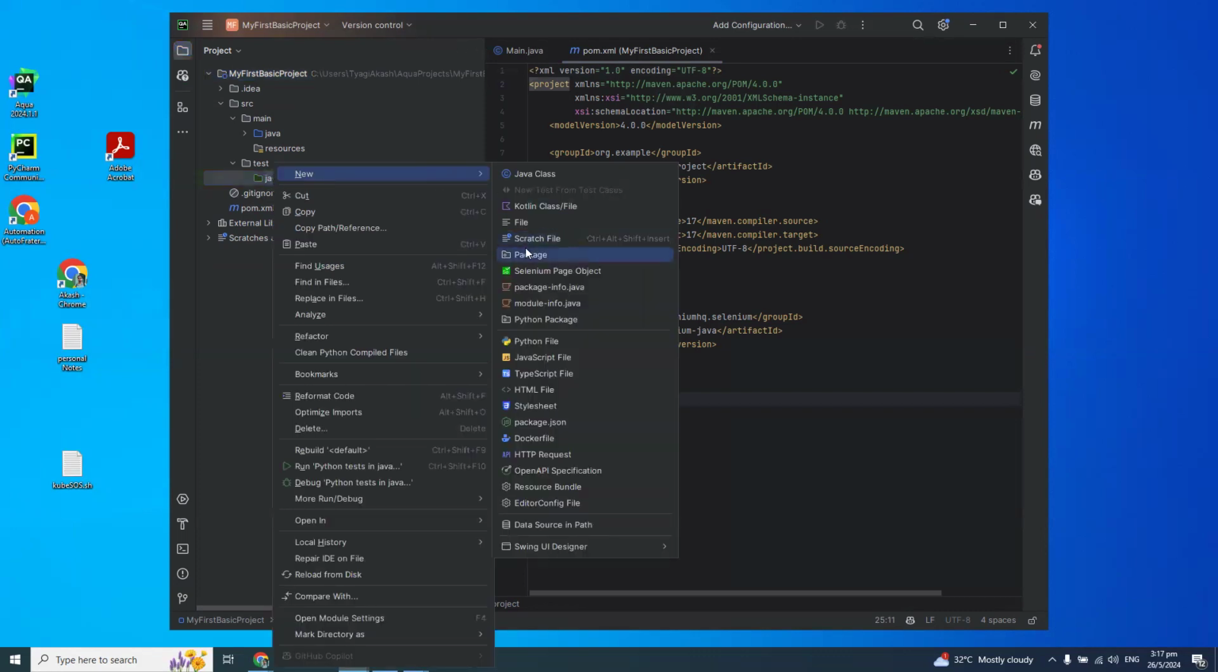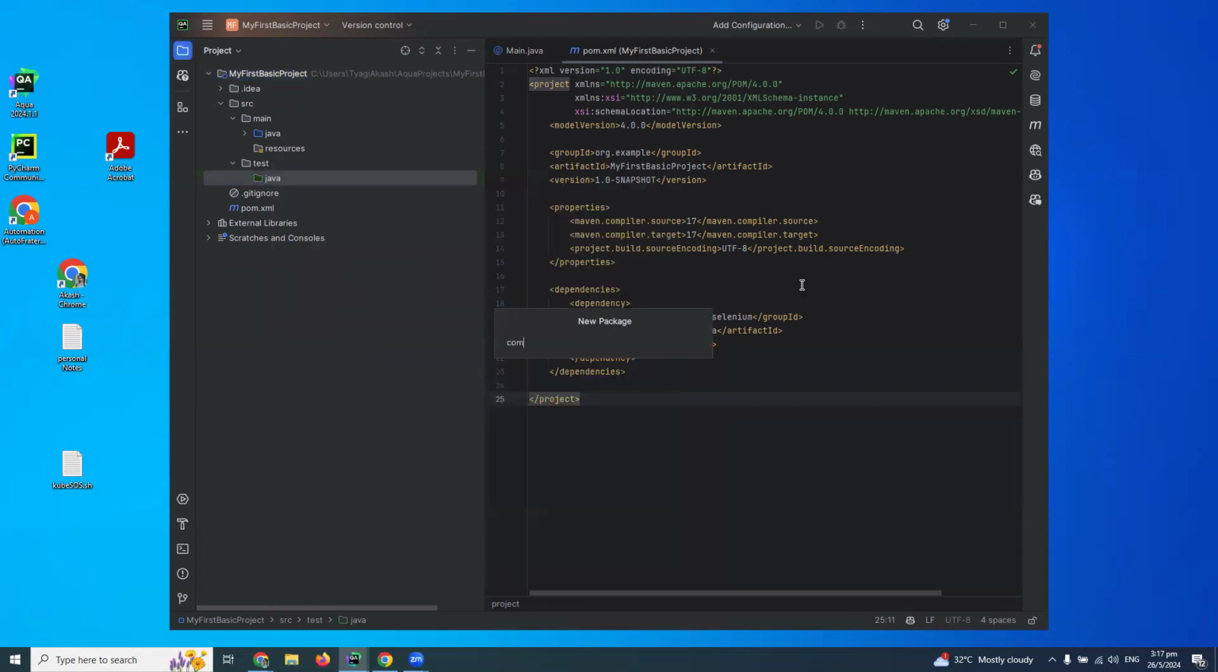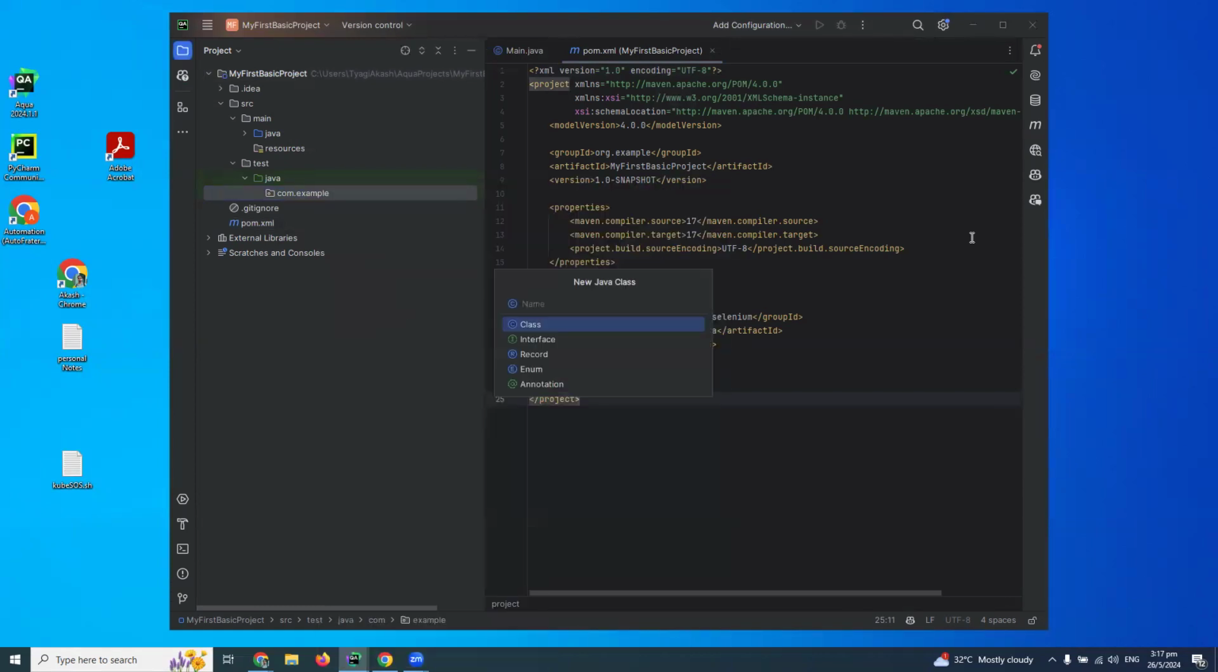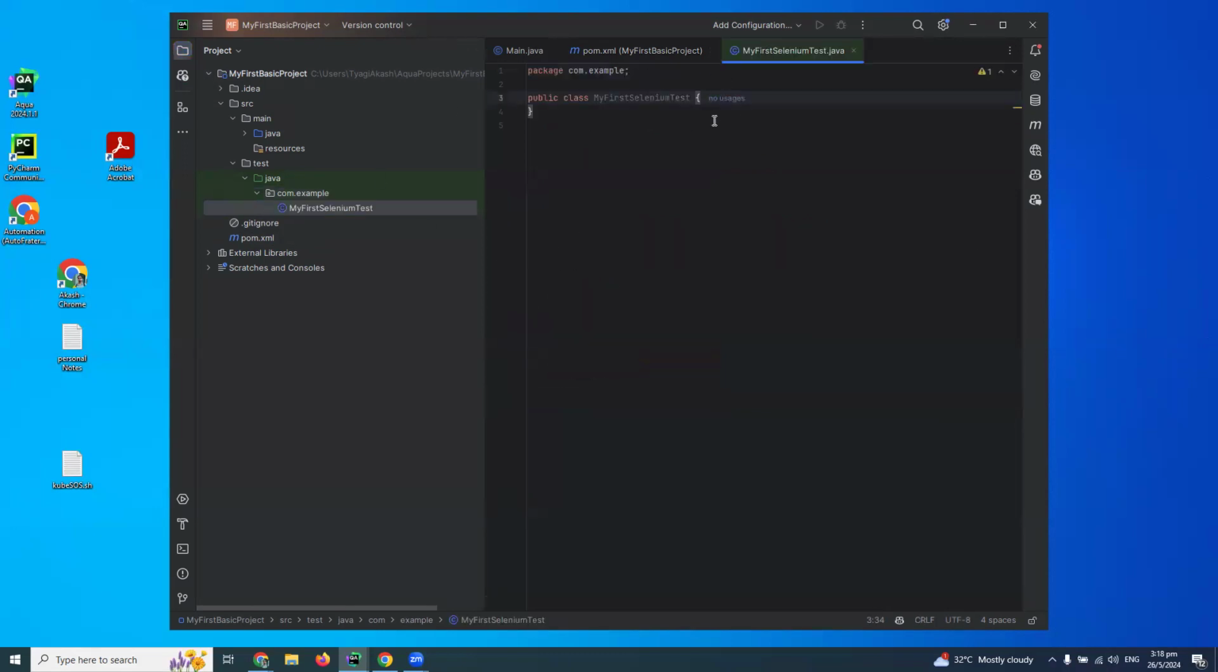I'm going to create a new package here. I am creating a com, and inside that I want the package, let's say example. And within the example, let's say I am creating a Java class. I'll say my first Selenium test. Now I will add a public static void main, because